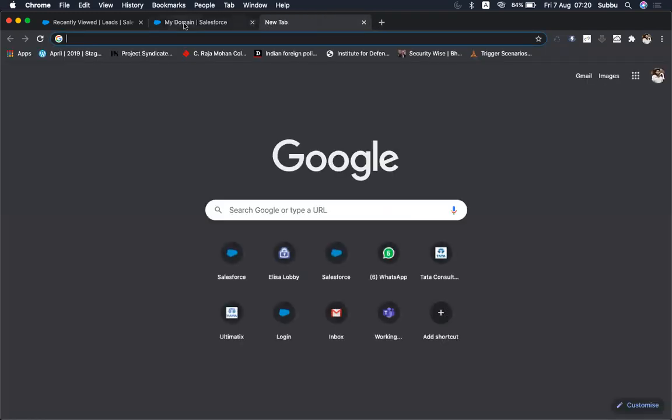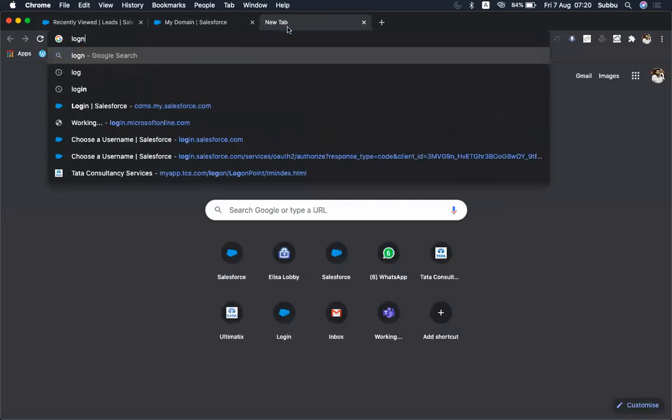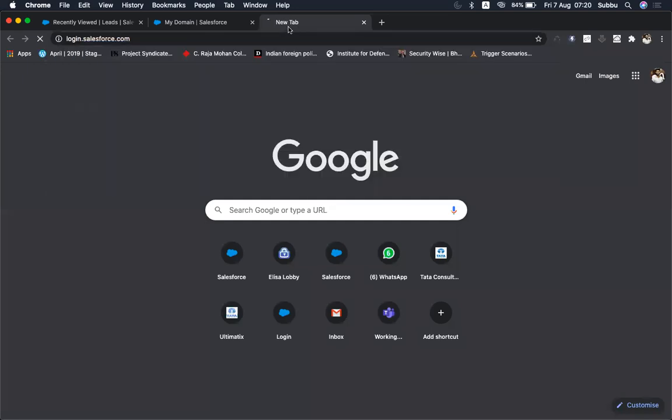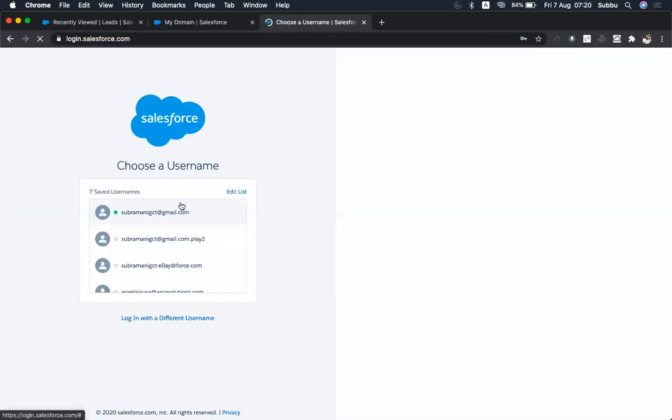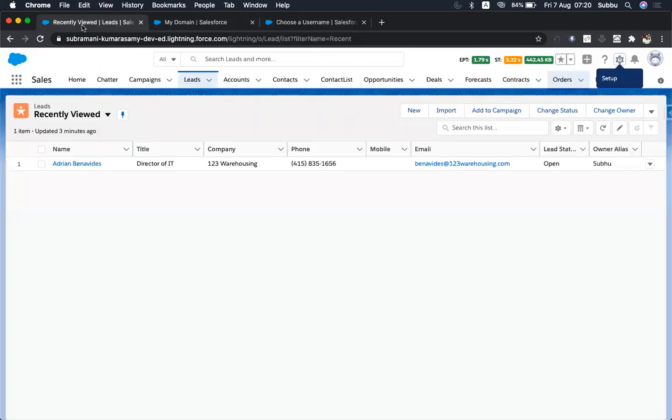Though if you enable the custom domain name, you can go ahead and type login.salesforce.com, and that will traffic you over. So you can enter your username and password, but the URL will be different, the domain name. Okay, that's what my question was.